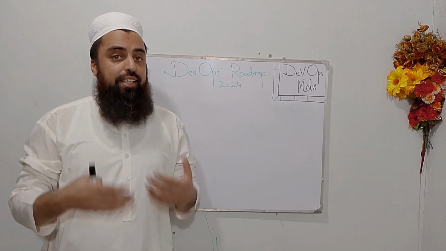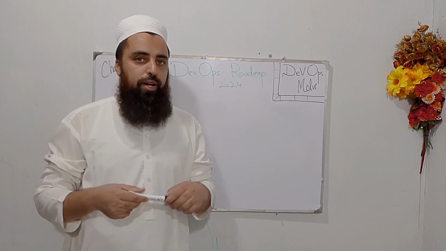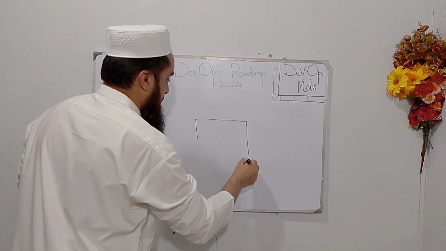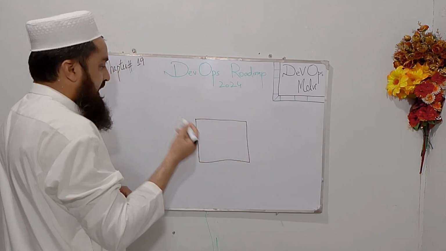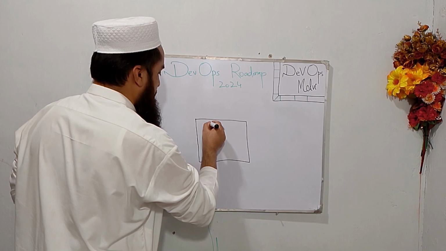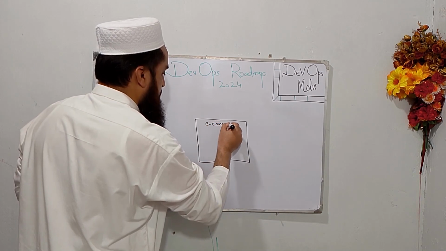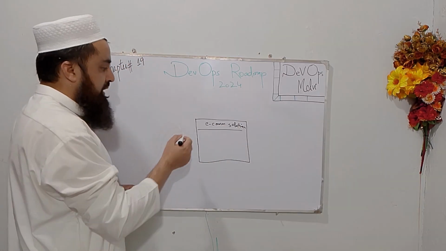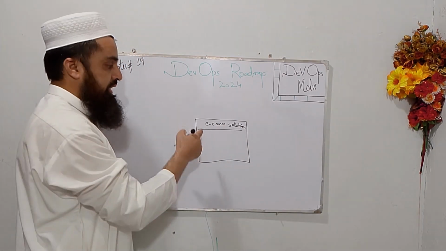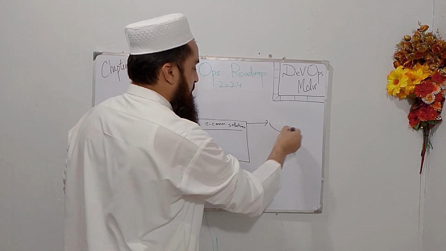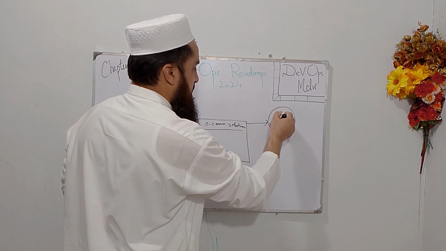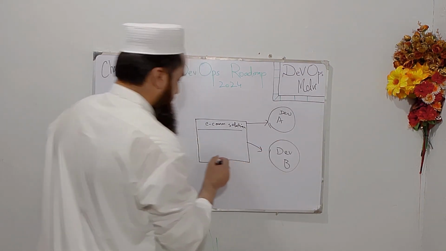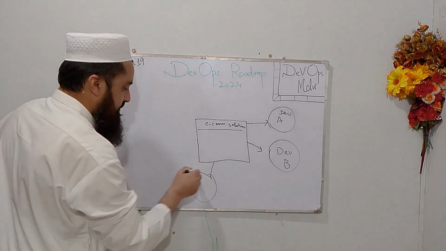Now let us understand Git a little bit more with this diagram. Guys, for instance, this is my project. I am working on an e-commerce solution. This is my project, e-com solution, e-commerce store, you can say. Now there are multiple developers working on this single project. This is developer A, Dev A. This is Dev B. This is another developer, Dev